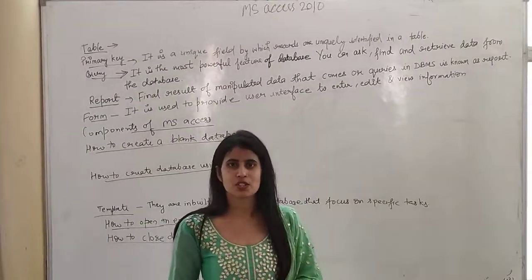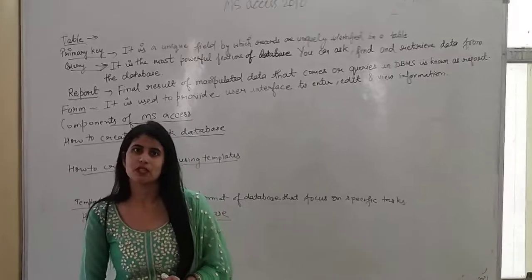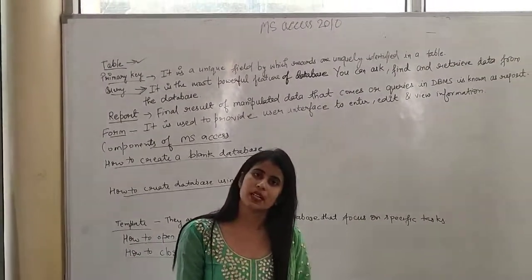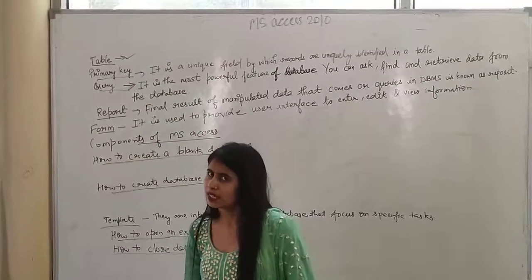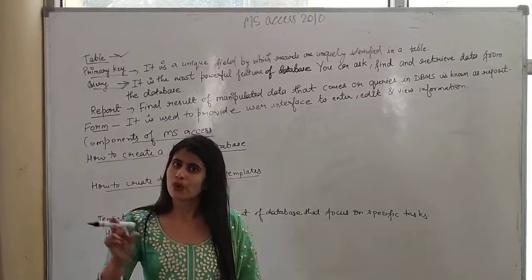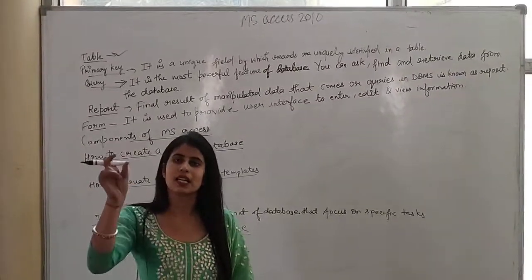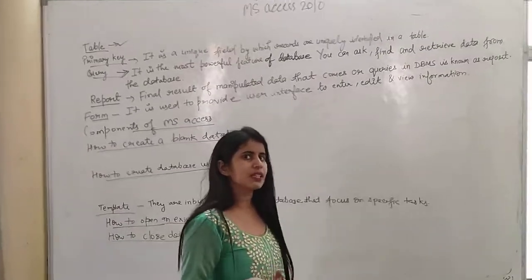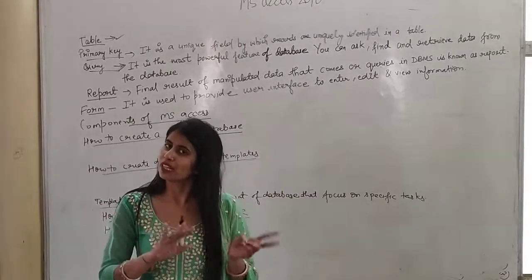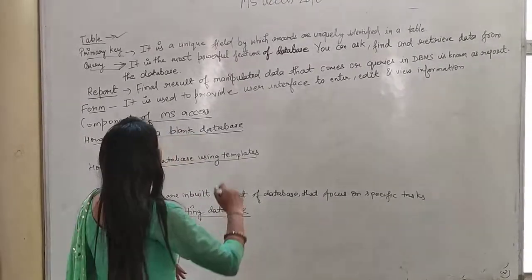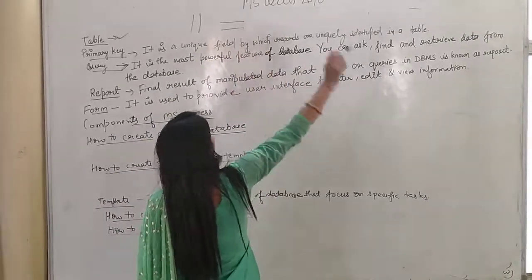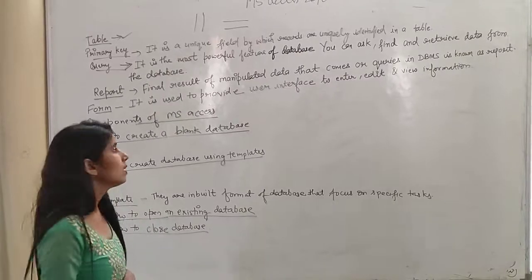Next, the structure of a database. In our database structure we have a few components. The first one is the table. A table is a collection of rows and columns. According to the database, we consider a row as a record and a column as a field. Fields are the vertical sections and rows, or records, are the horizontal sections.